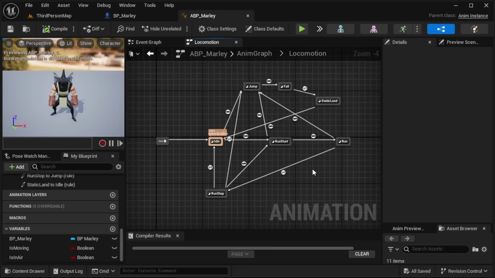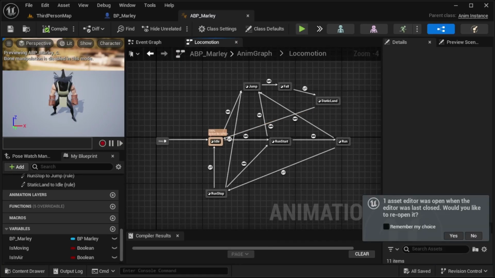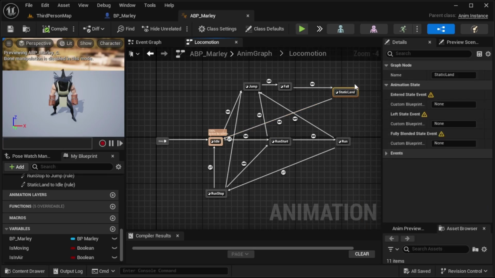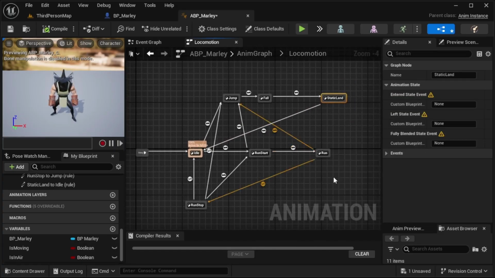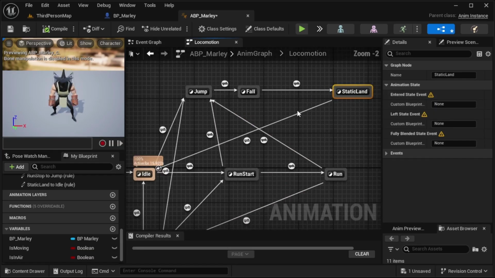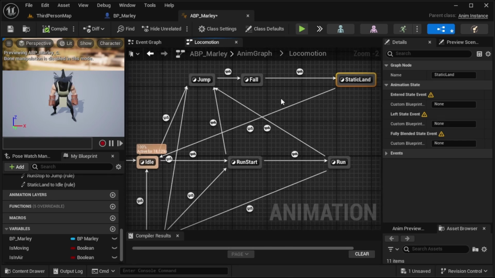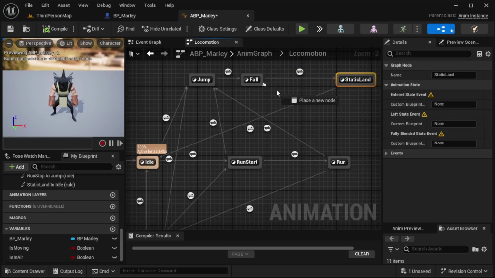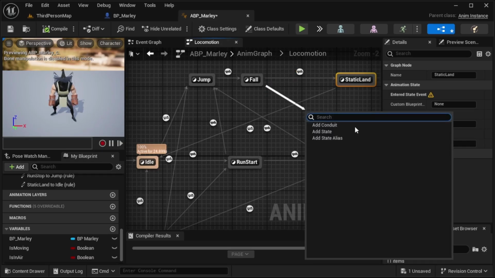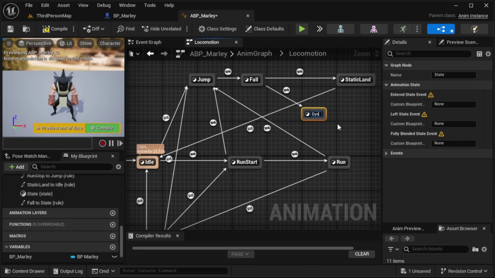So, what we are going to do is off of our fall. Let me put this up here. I apologize for it not running smooth. Like I said, I don't have a smart enough brain to be able to do this all from memory, or just know how to do it. But off of our fall, we are going to do another state, dynamic land,